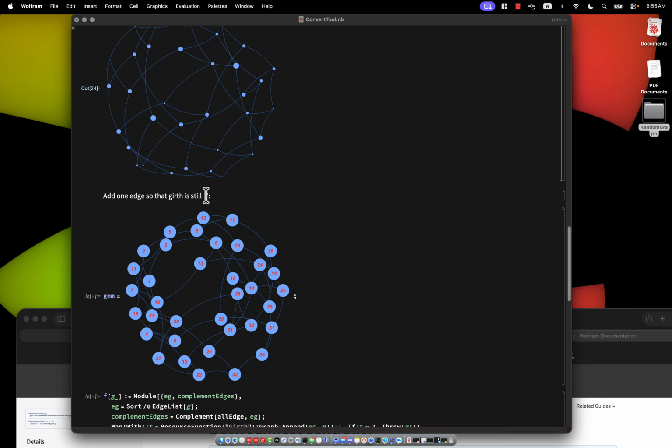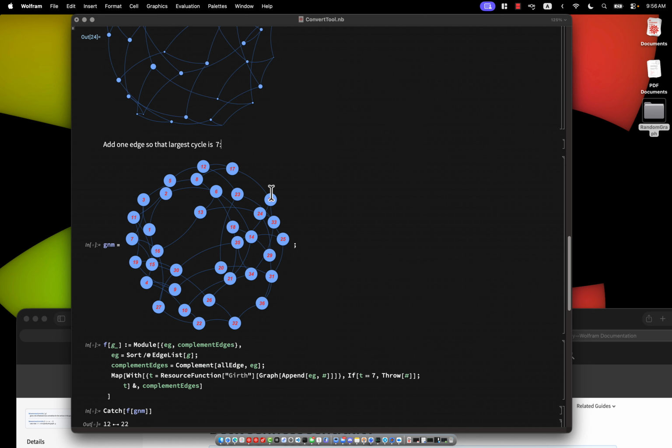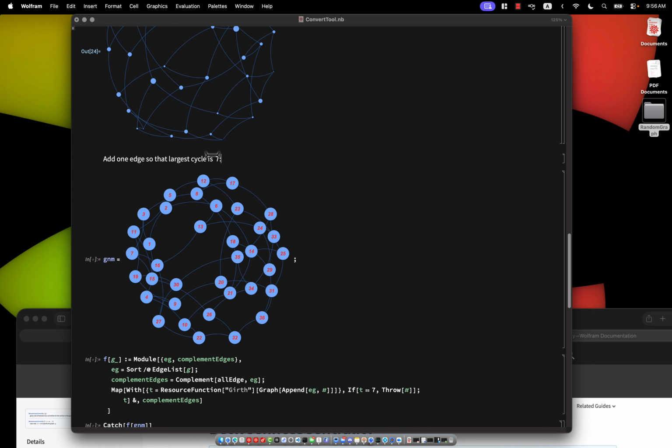It should be at least that the largest cycle is 7. I think it should be this way. Okay, so if you add one